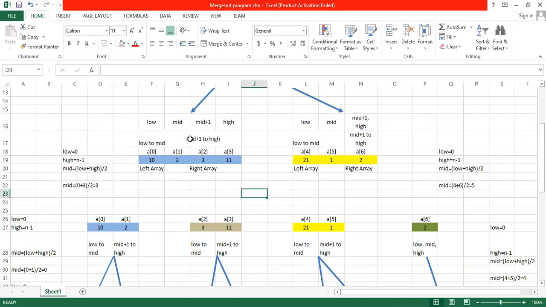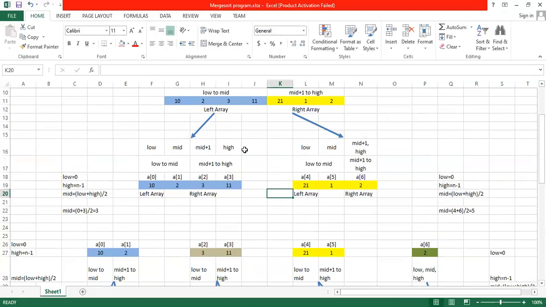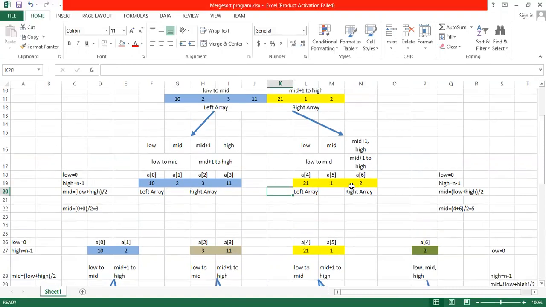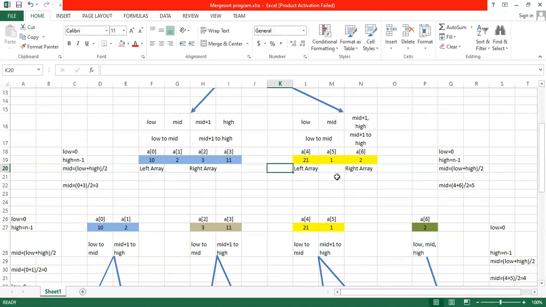So the first time the partition happens, we divide the array into two parts: the left array is 10, 2, 3, 11 and the right array is 21, 1, 2.